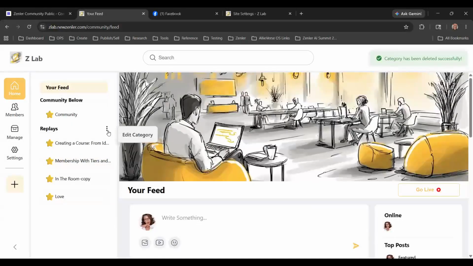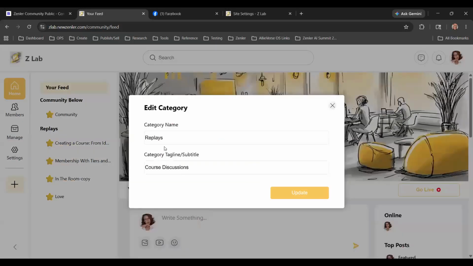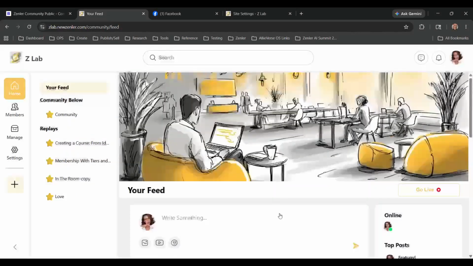So that's why when I click on this, I can't edit the category. I'll have to send a message to support and see if there's a way. The only other thing is to just turn off the discussions so that they don't show up here.